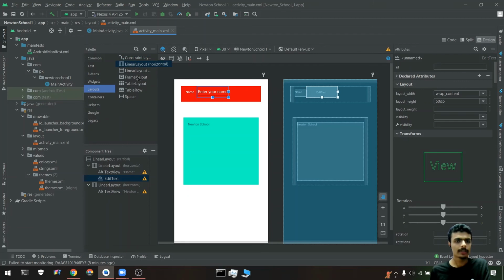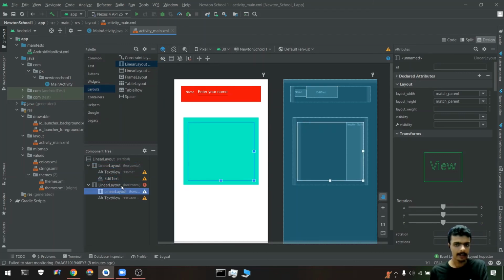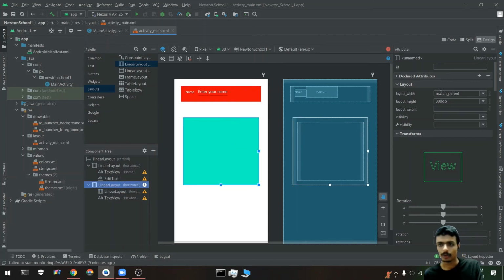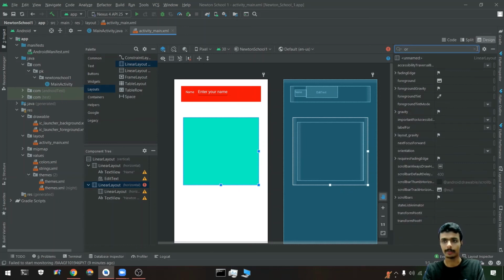So you have this linear layout, and you can drag inside that linear layout or the above linear layout, directly here. So you see one other linear layout is there. Okay, so it is asking whether it is horizontal or vertical, so you can define that part. So you can search for that orientation part.